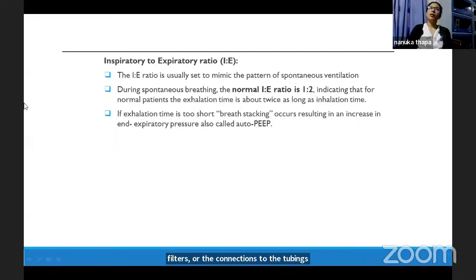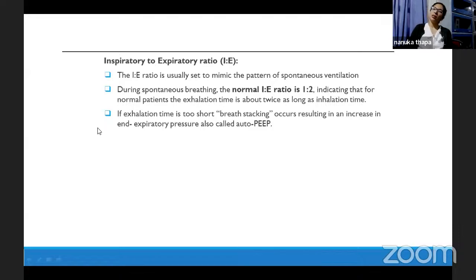The second last parameter is the inspiratory to expiratory ratio, also known as the IE ratio. It is the ratio of the duration of inspiration to the duration of expiration. During spontaneous breathing, it is near 1:2, and that is what we usually give to patients. However, if the patient has